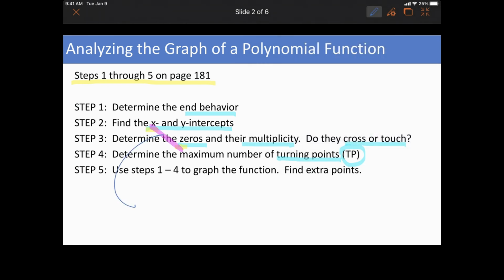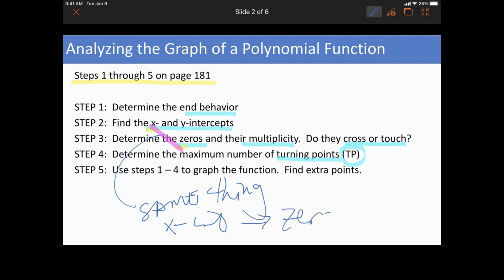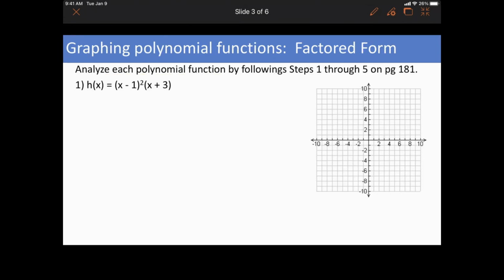So when they say x-intercepts, and then they say find the zeros, you already did it. You don't need to do it again. All right. And look at they use different terminology. It's so that you recognize that you know that. So let's try that